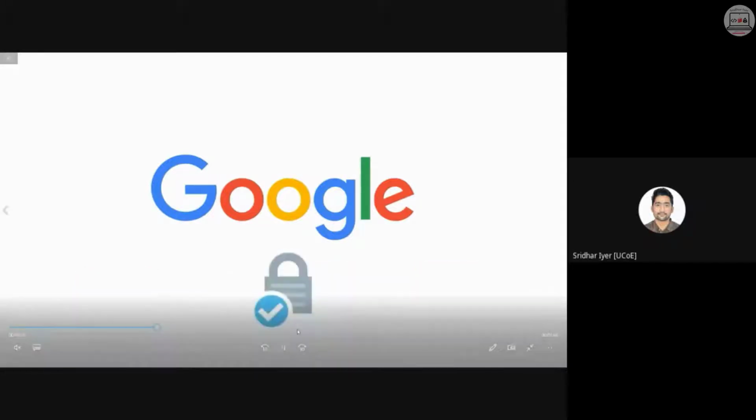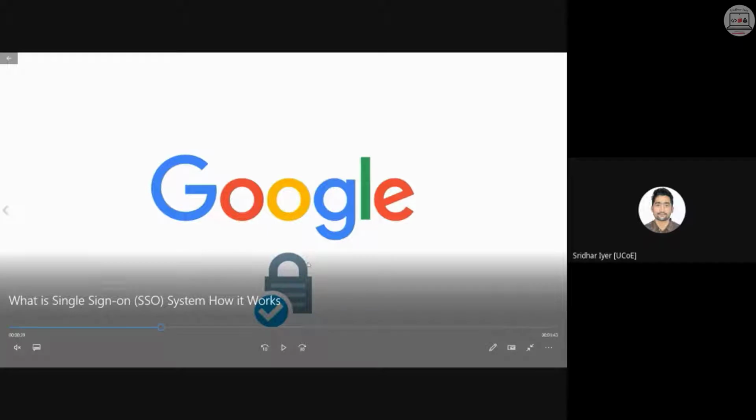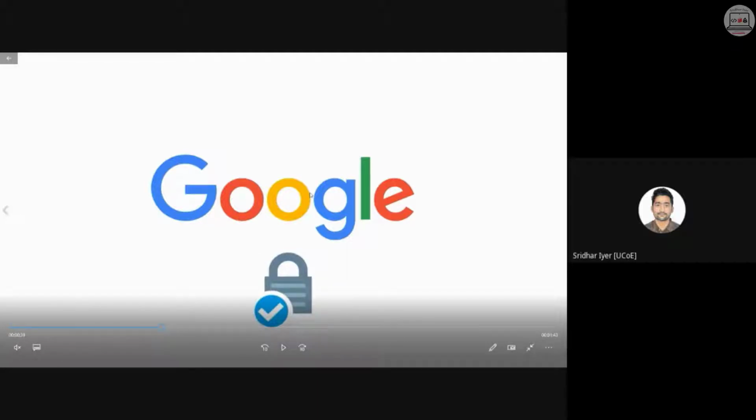You might have noticed you have your universal.edu.in account that is again linked with Google G Suite. So whenever you access with that G Suite account, you are eligible to access any of the applications that Google provides, which are basically part of G Suite. You can access Google Drive, Google Slides, Google Forms with the same account. So you don't need to keep on logging in each and every time. For example, if I want to go to console.google.com or forms.google.com or drive.google.com, I can access it using the same Google account, right?